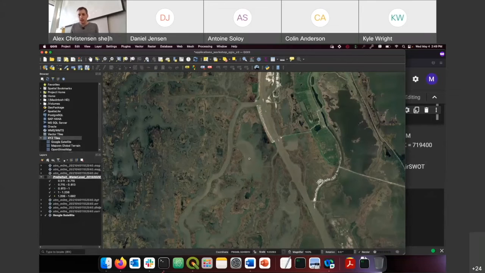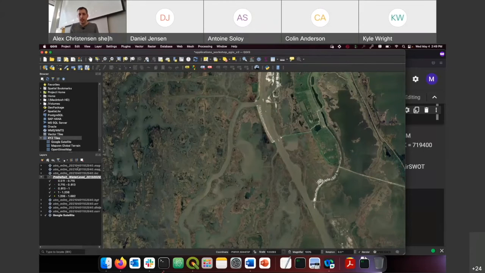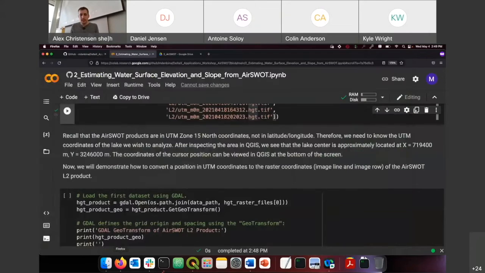If you look at the bottom of the screen here, it'll always tell you the coordinates of your cursor position in whatever coordinate reference system you've chosen down here. So in my case, I'm using UTM zone 15 north, so it's the same as the data. So I just moved my cursor around, and then when it was approximately in the middle of the lake, I just wrote down the coordinates from QGIS,